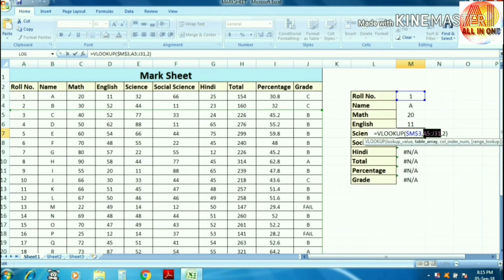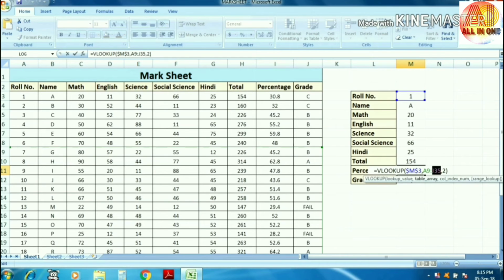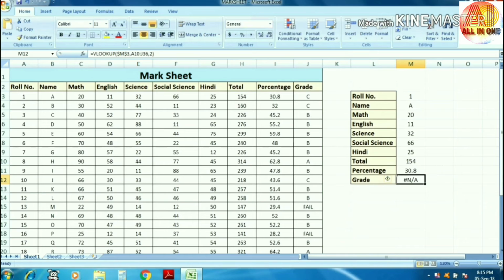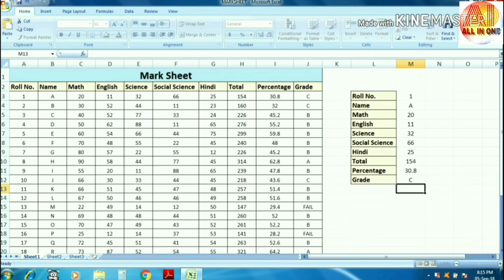Copy and paste here, 5, 6, 7, 8, 9 and 10. Now you can see, if I want to look up the result of roll number 10,